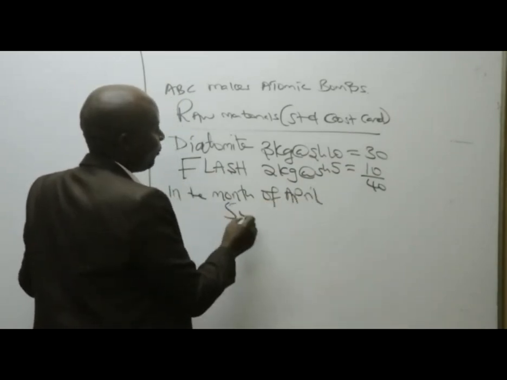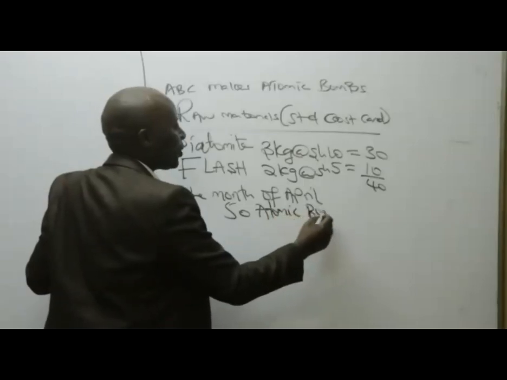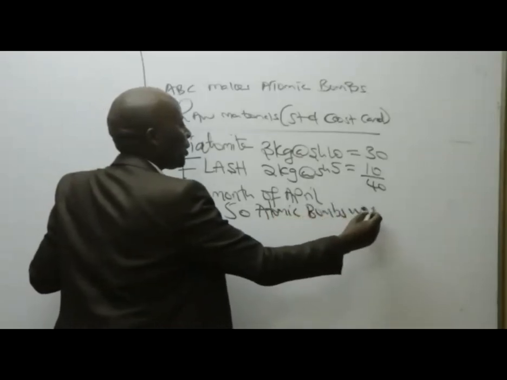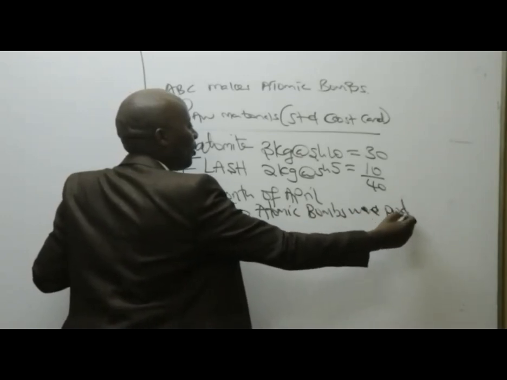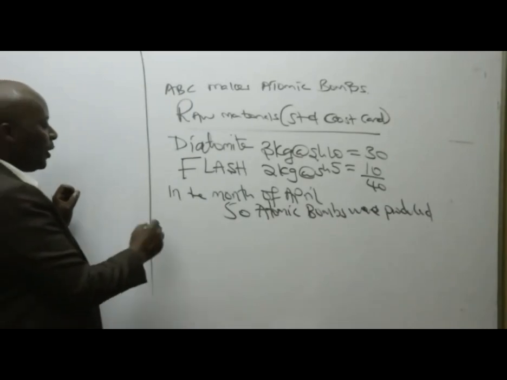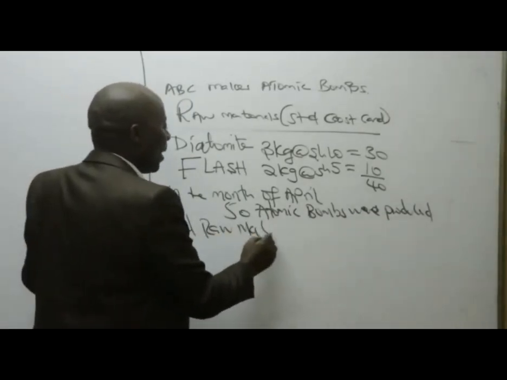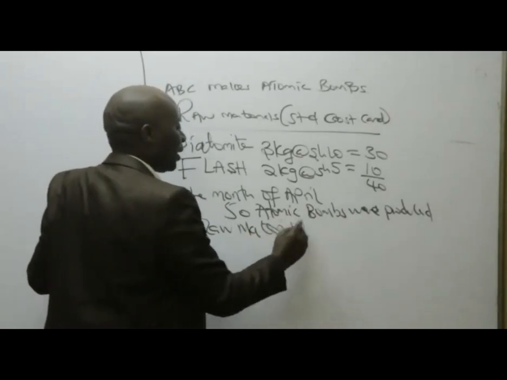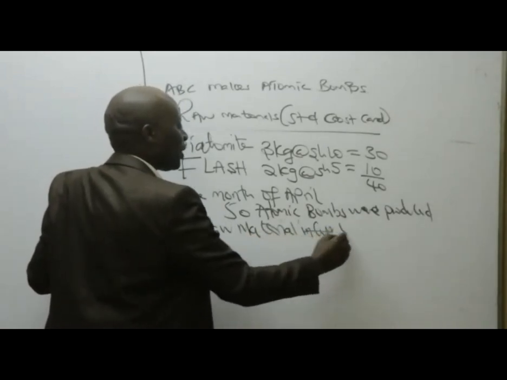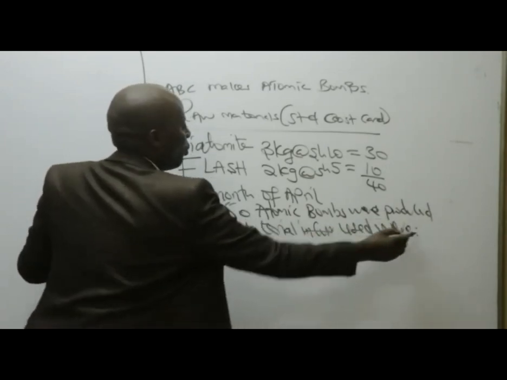50 atomic bombs were produced. 50 of them were produced, and raw materials are in a card. And the raw materials in a card are used. Raw materials used are as follows: